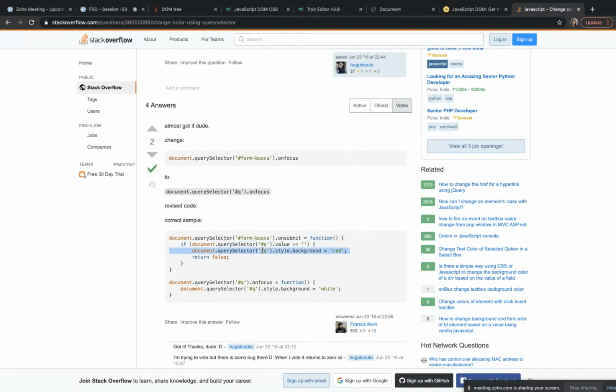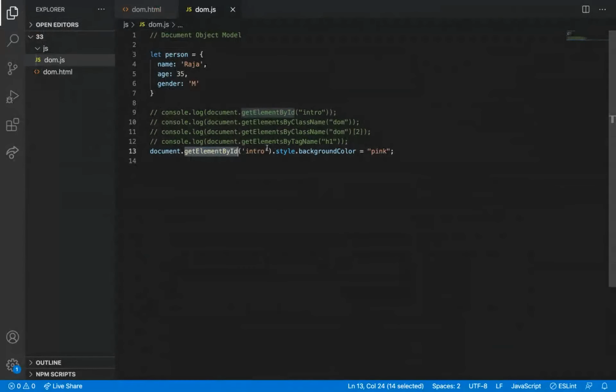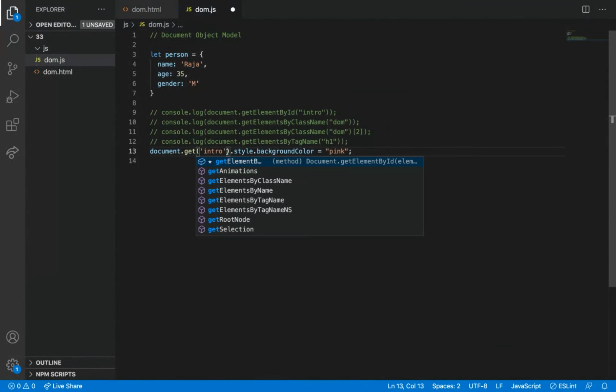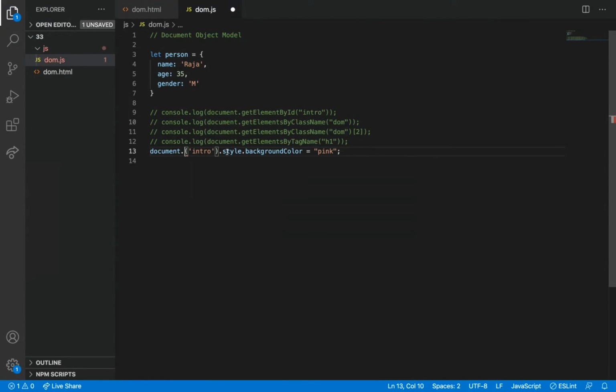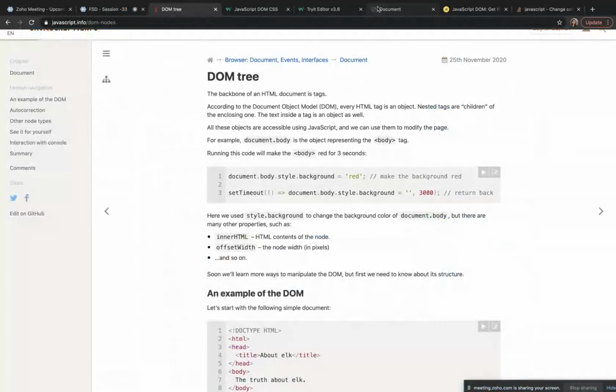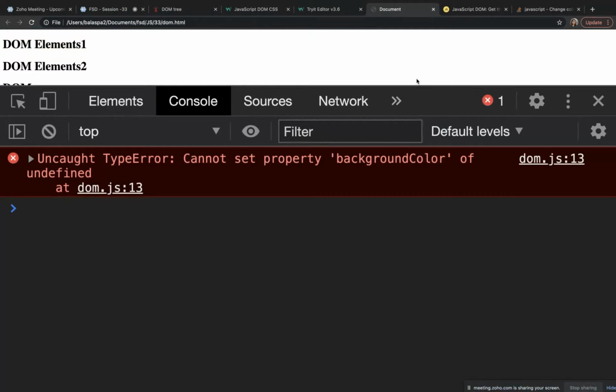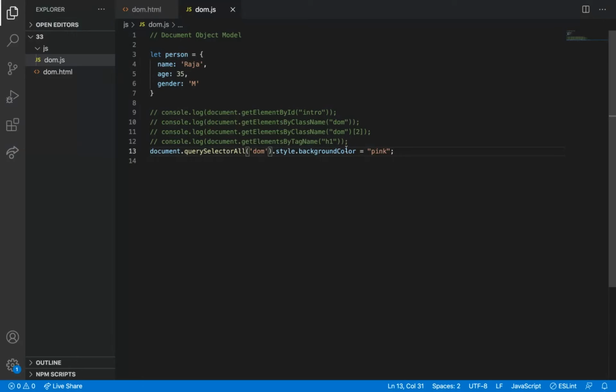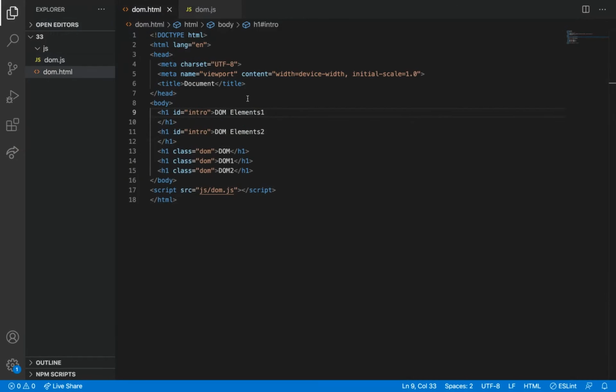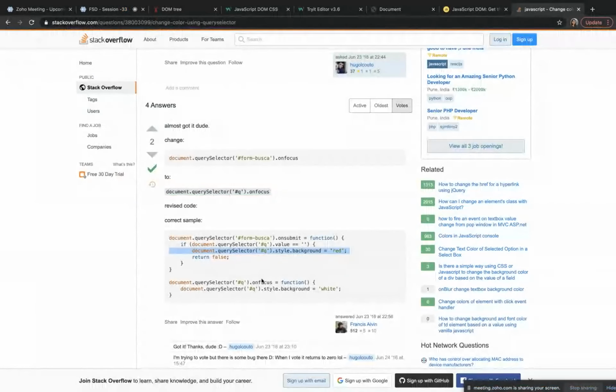So same thing only. If we can get element, sorry, query selector all of tag DOM, and then query selector, and then style.background is equal to red.